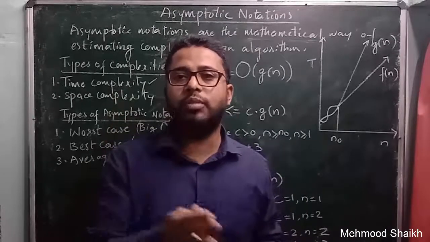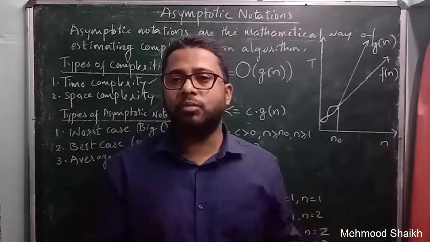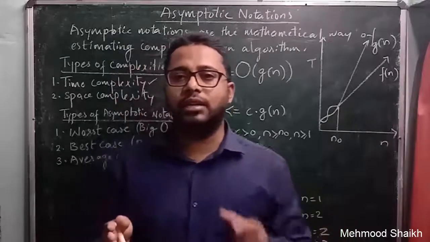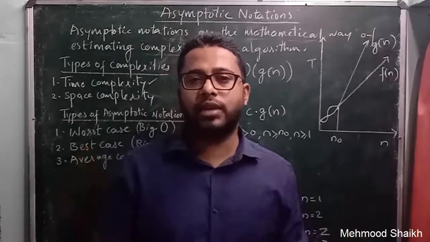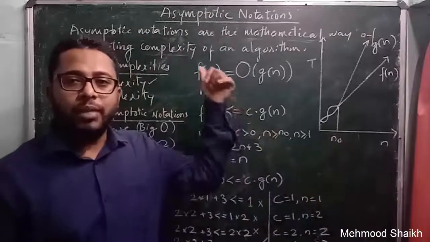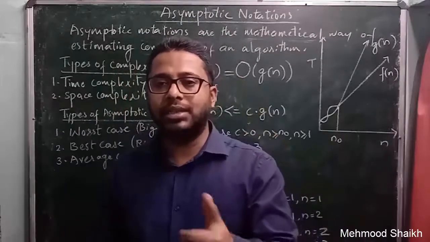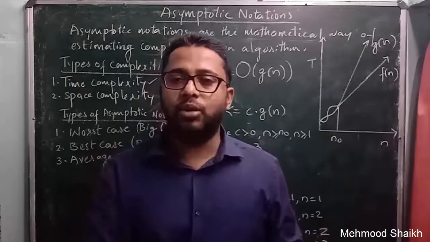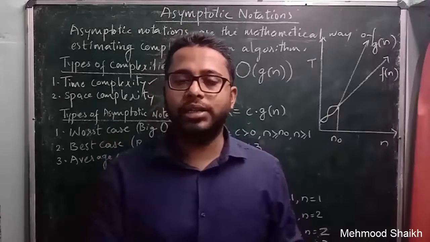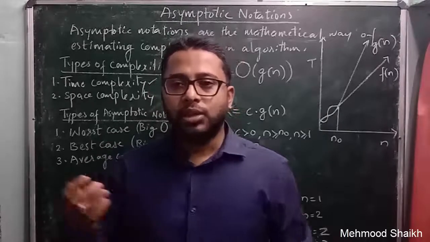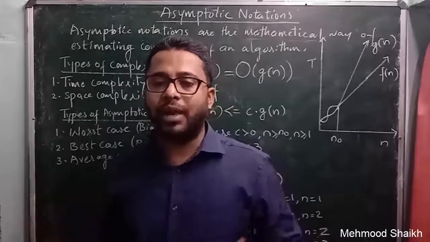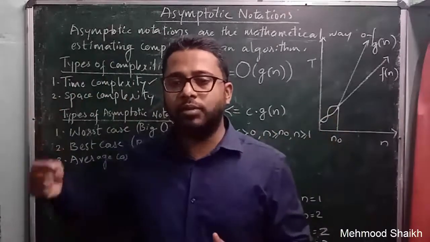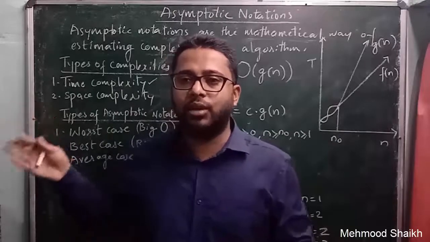There will be two complexities of an algorithm. We will calculate the time complexity and we will calculate the space complexity of an algorithm. For estimating both time as well as space complexity, we have various asymptotic notations such as big O notation, omega notation, and theta notation. We will use these notations to mathematically estimate the time and space complexity of an algorithm. One by one we'll discuss each of these notations.